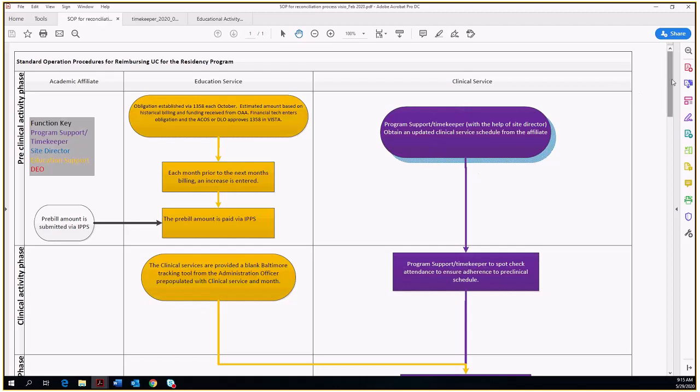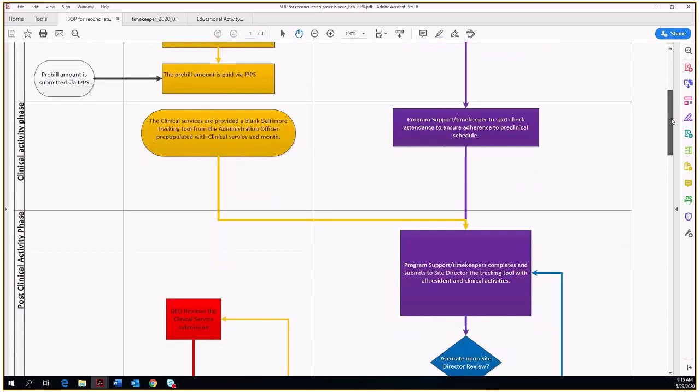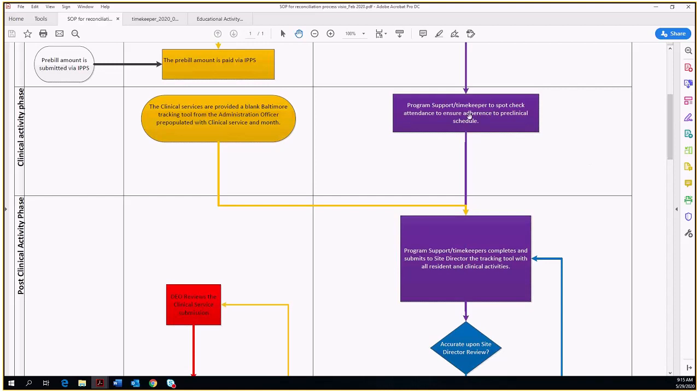Once that schedule has been obtained, and like I said, we'll actually go through this operationally in a bit. The program support slash timekeeper's responsibility is to spot check attendance to ensure there's adherence to the schedule that we've been given. Every single program has to be evaluated minimally once a year, but for the time being and for academic year 2021, every